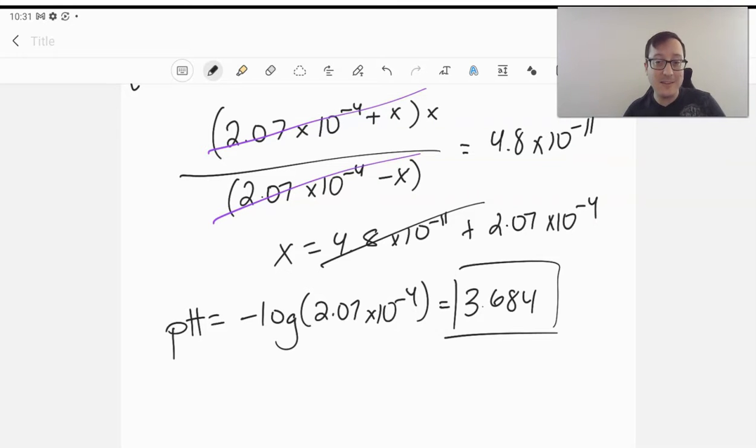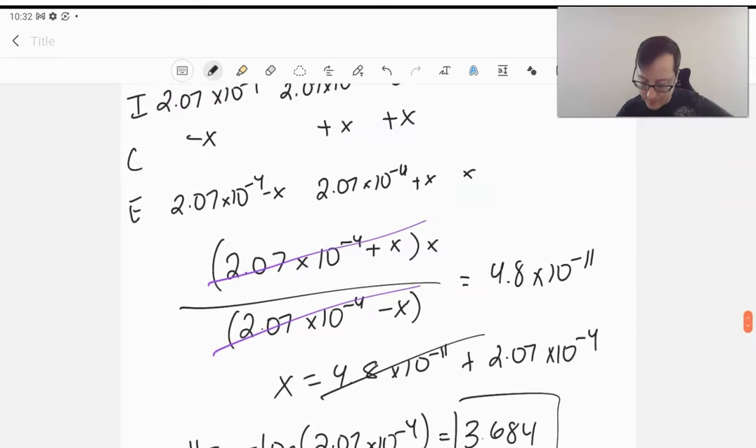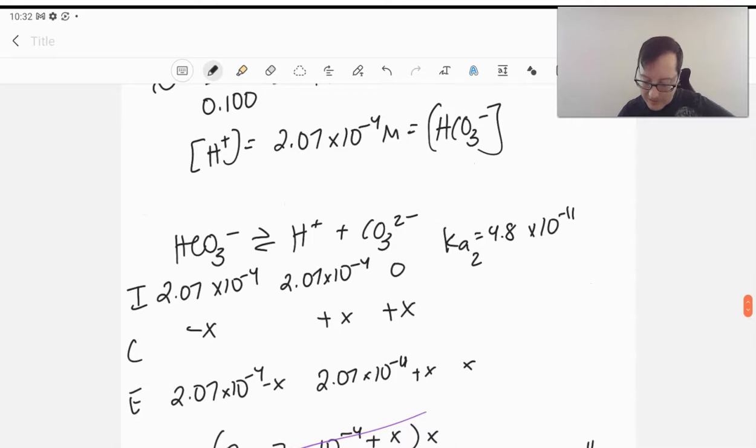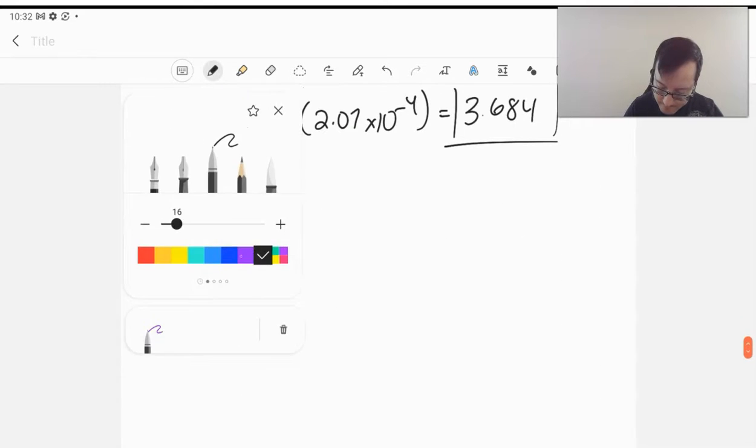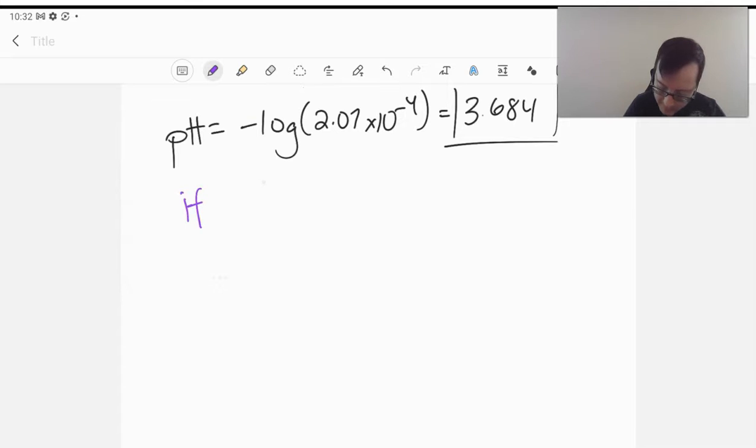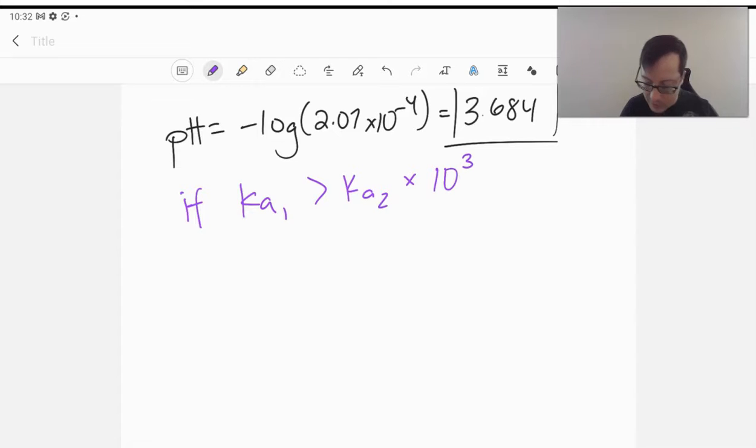And so again, we see that this 4.8 times 10 to the negative 11 didn't do anything for us. It's too small to be figured in here. And in fact, since it's negative 11, the associated water is pretty close to that, right? 10 to the negative 14. So, all right, the point here that I will write in purple: if Ka1 is bigger than Ka2 times 10 to the third power,